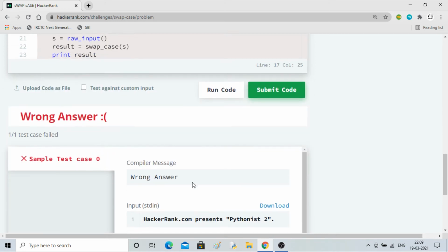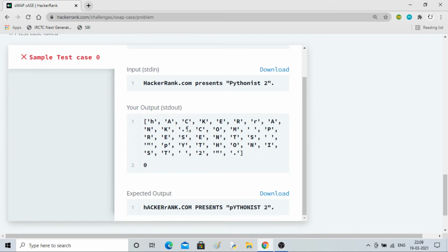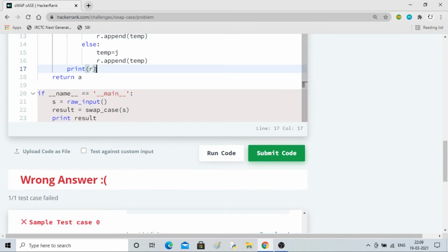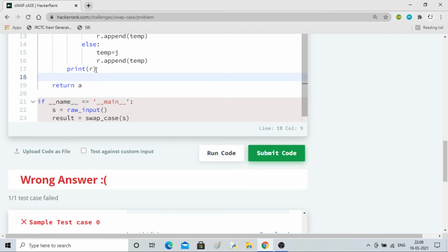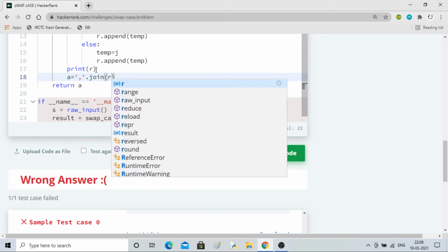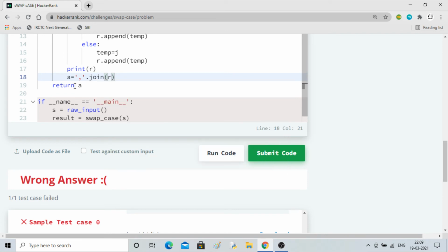Now you can see that we have to combine this string, right? We have only single characters. So to combine these, what I have to do is I'll store it in A is equal to something called join. So this inverted comma means, let me take a comma, okay, so that you will see the difference. Join R, so it will take all the characters and join all the elements. See how it will join.